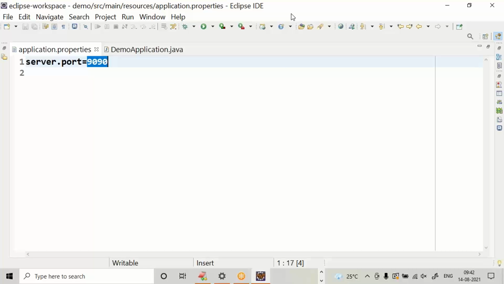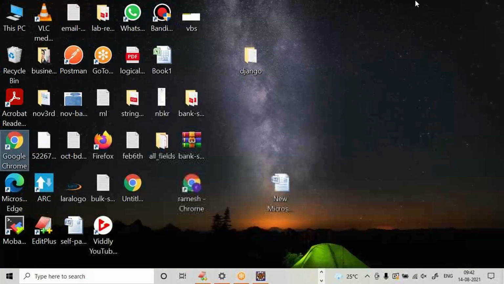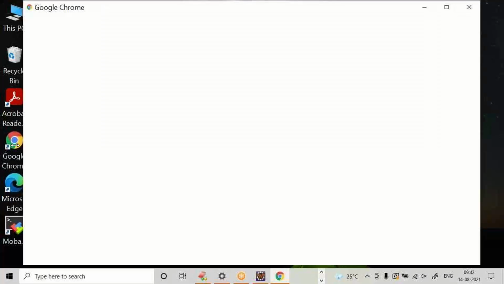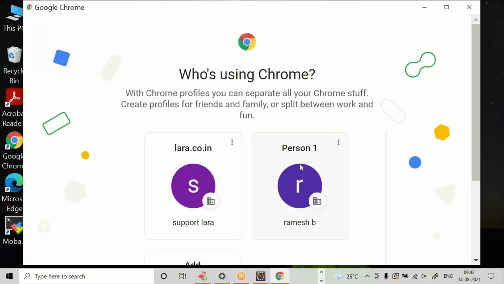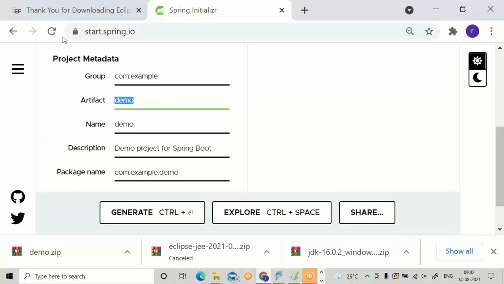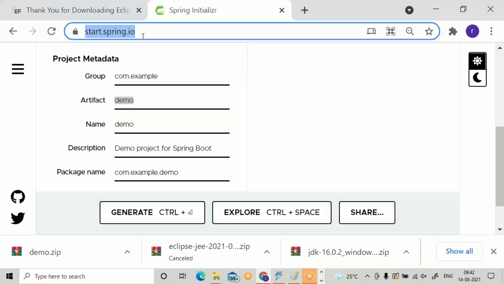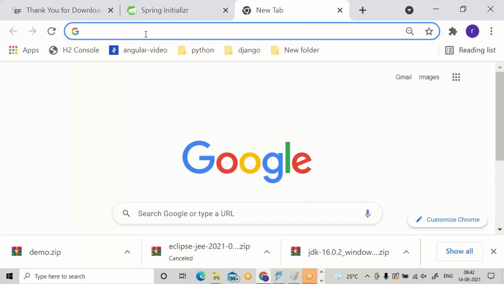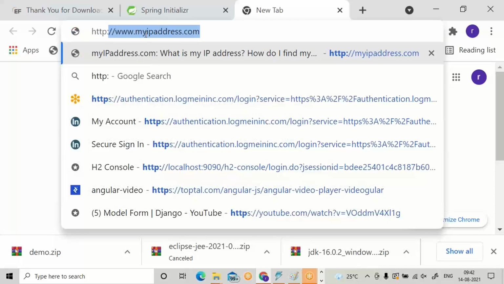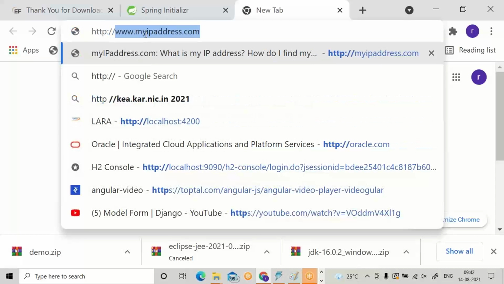Let's open a browser. Everybody open a browser. Let me go for another tab. HTTP. Don't use HTTPS. Some of the beginners are confusing this also.